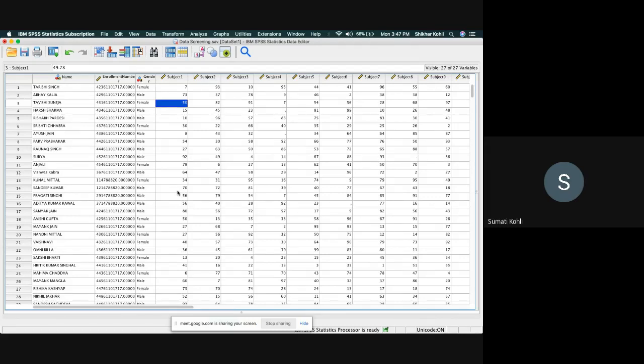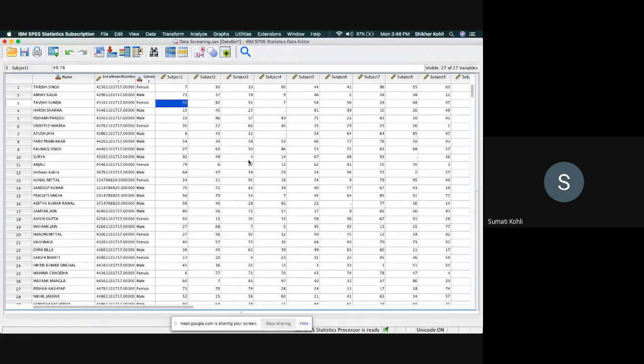Guys, is this clear to you how to do the replace? Instead of replace, you have to click on replace all, so that every dot within the column gets replaced by 50 or 49.78, whatever you want to call it. Okay. So guys, please do it for the rest of the subjects as well.